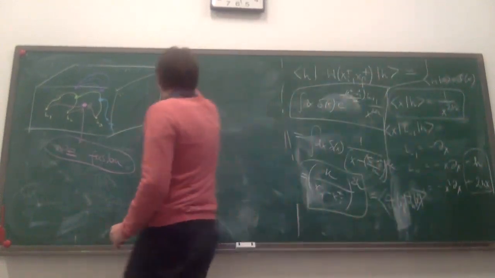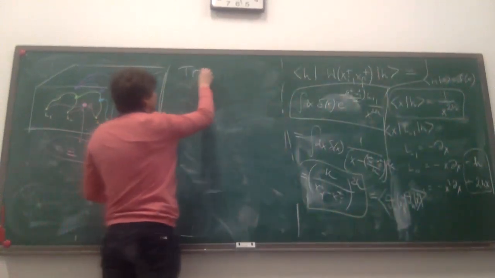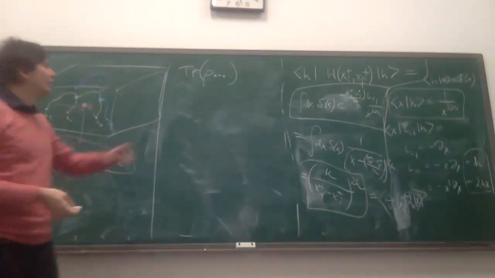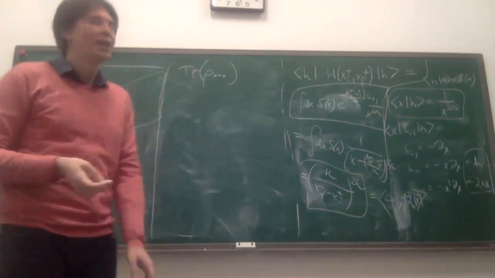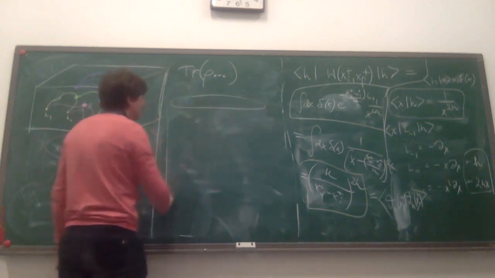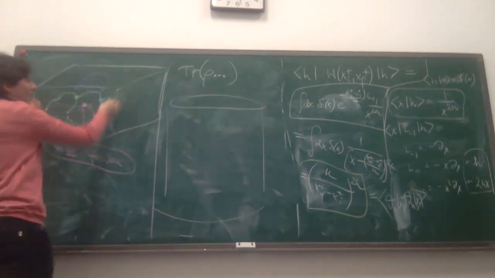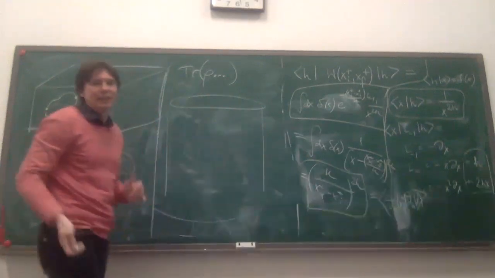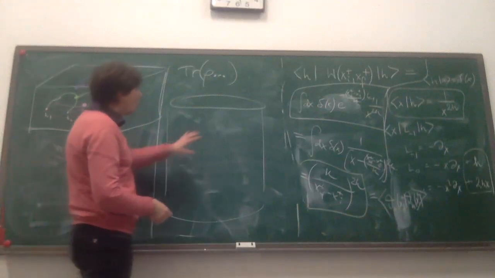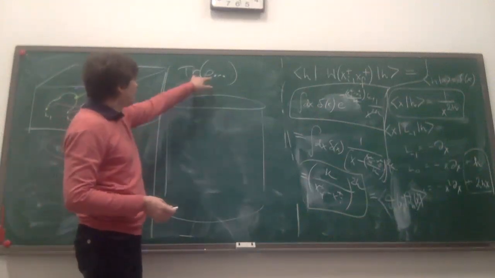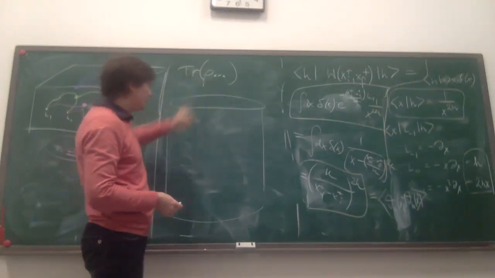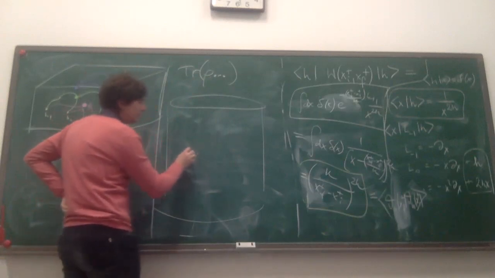So now we are ready to talk about what the state is. Remember, the state was a map which takes an observable and returns the expectation value. So I'm going to draw for you an object in AdS. I will stop drawing these boxes and I will just actually draw an AdS cylinder because we're talking about an AdS space anyway. I'm going to draw for you what object in this language does exactly the same job as this map, which sends observables to numbers. And this object is this.